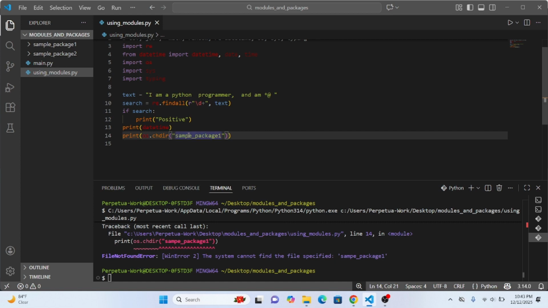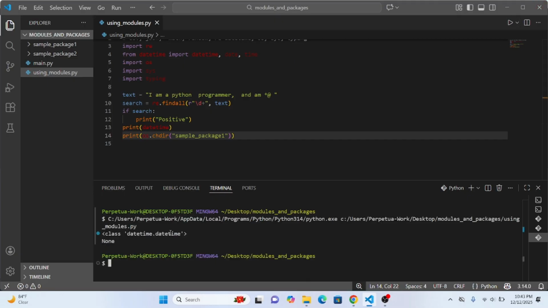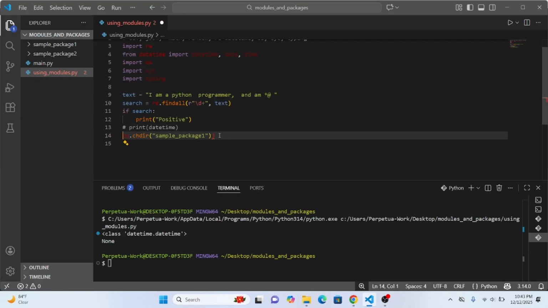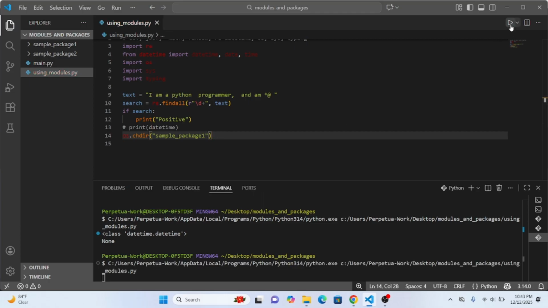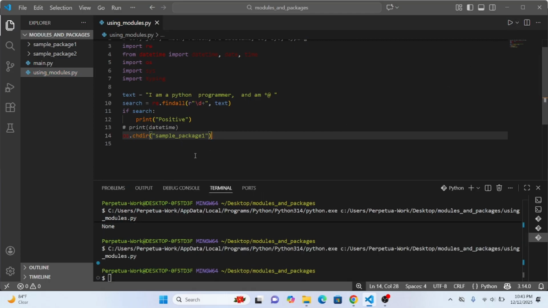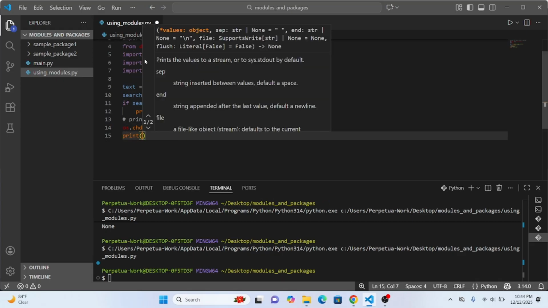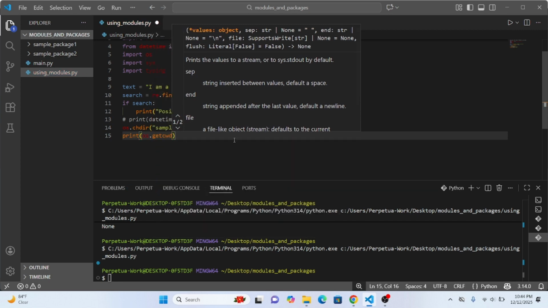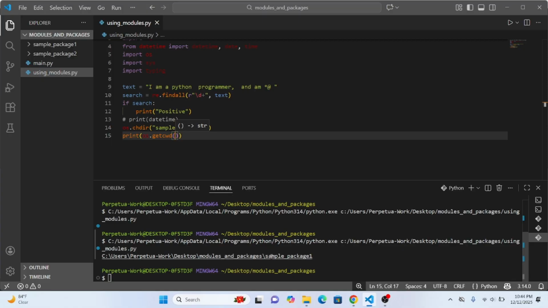So I can type in sample package 1, and I am going to clear this place and run. Okay, so I have sample package 1, and we are going to run this. So now this method is returning None for us, and I am going to just comment this out. So I am going to remove this print statement and just run this directly. So if I run this and we try to check the working directory again, I'll print os.getcwd(). So you can now see that we are in sample package,